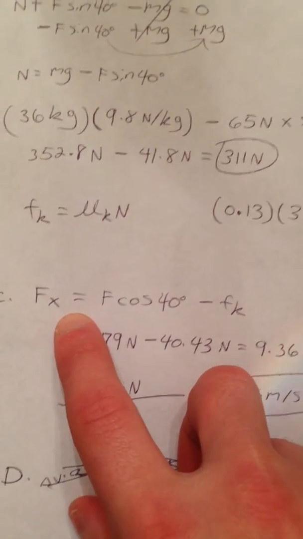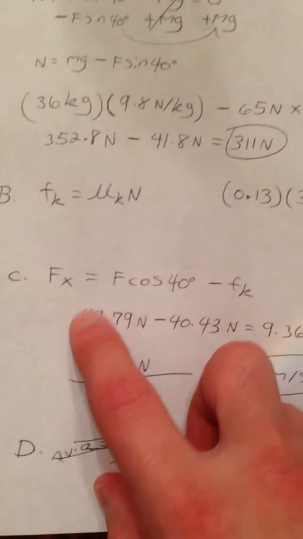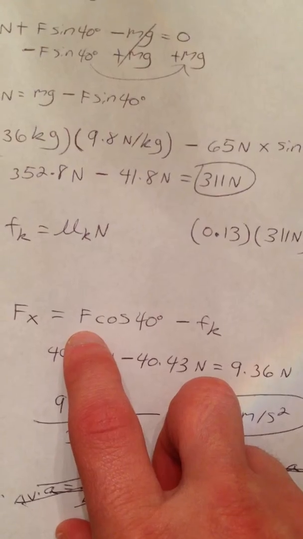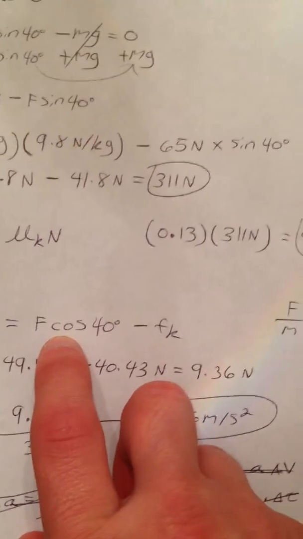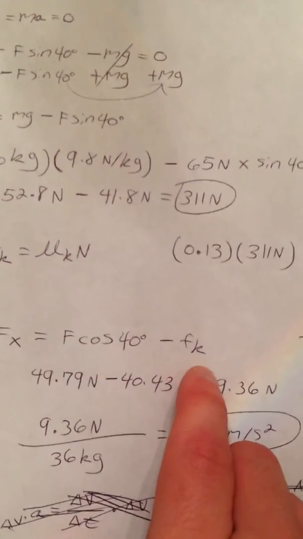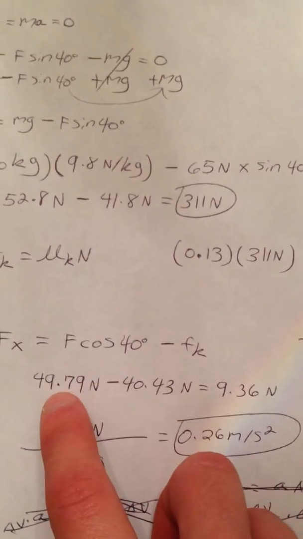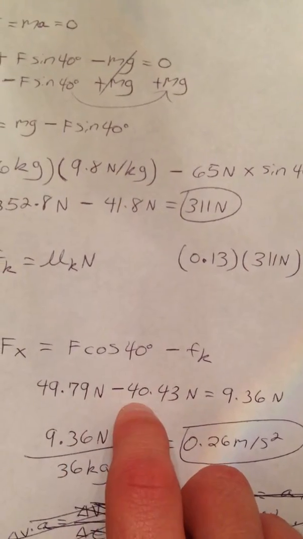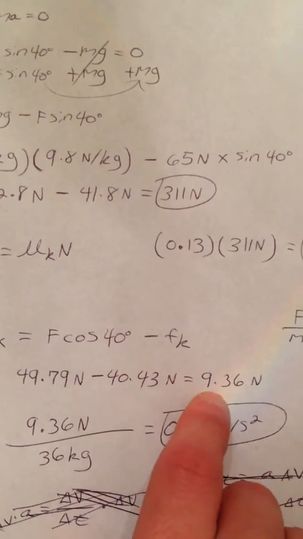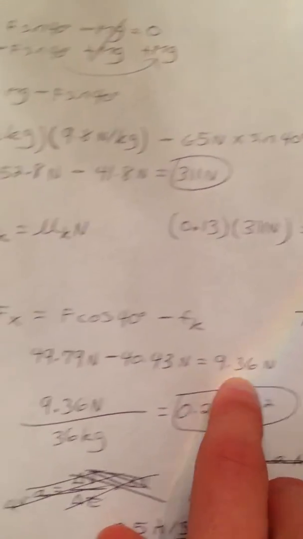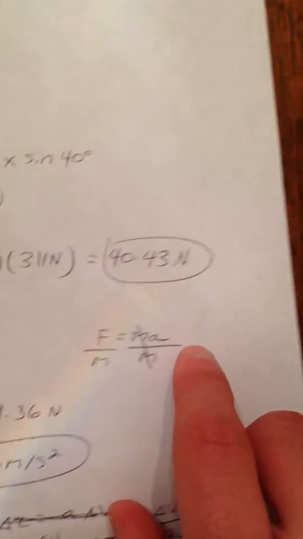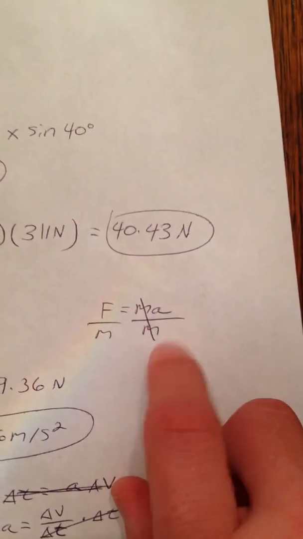Okay, now for C, they're going to want to know about acceleration. Okay, and this is going to be all the X components. So the only X components we have is the force that she pulls with, which is one X component, and the friction. So we'll plug that in, and we end up with 9.36 newtons. Now we would have to divide by 36 kilograms,